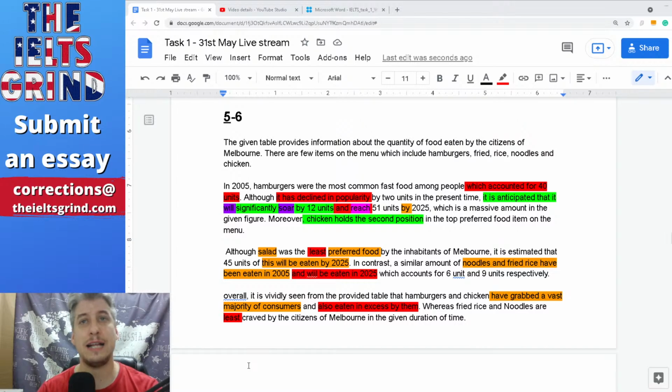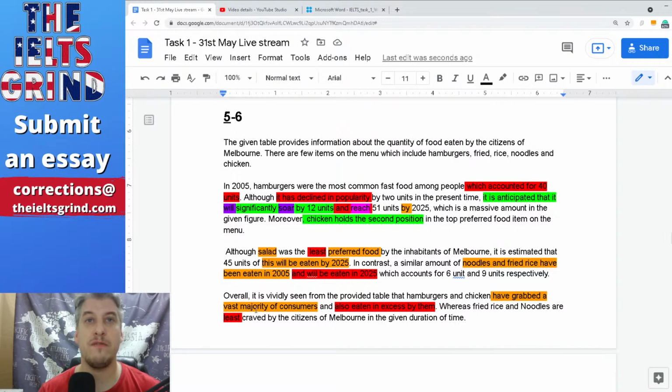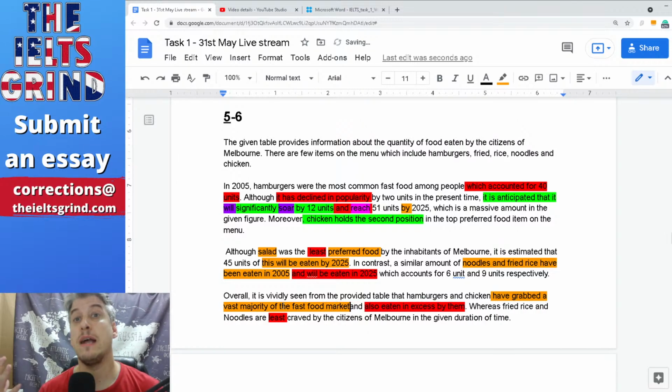Right, so we are looking at the last part, the overview. So as I said, we wanted a capital letter there. Generally it's not too bad, just a few things to improve. So it is vividly seen from the provided table that hamburgers and chickens have grabbed a vast majority of consumers. It's just, again, grammatically it's okay, but it doesn't really make sense. I would change this to have grabbed a vast majority of the fast food market. That's what's been grabbed, the actual market of people eating fast food, not physically grabbing the consumer, although consumer was